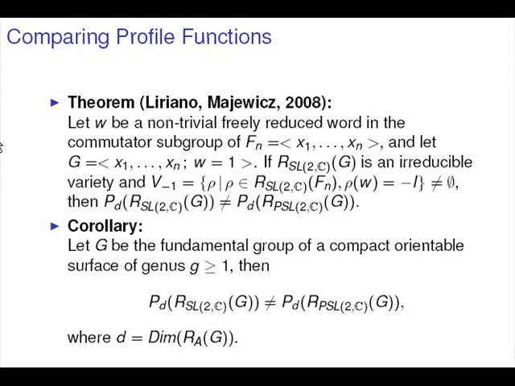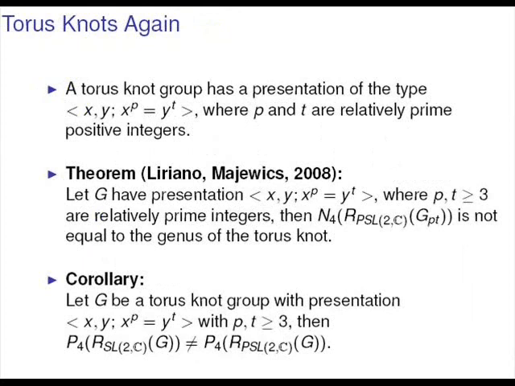So torus knots again. A torus knot has a presentation of the type like this, where P and T are relatively prime positive integers. Theorem, Liriano and Majovic, 2008. Let G have a presentation as follows, where P and T are greater than or equal to 3, relatively prime integers. Then the number of 4-dimensional components